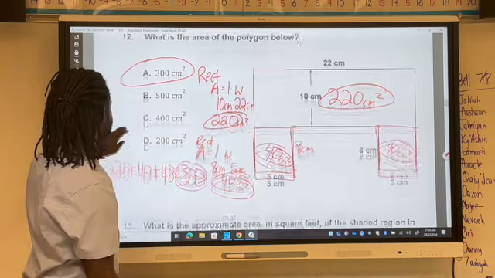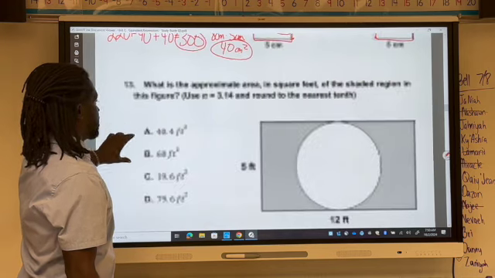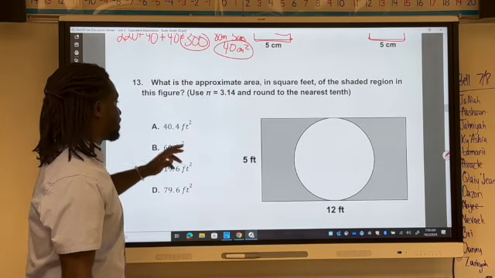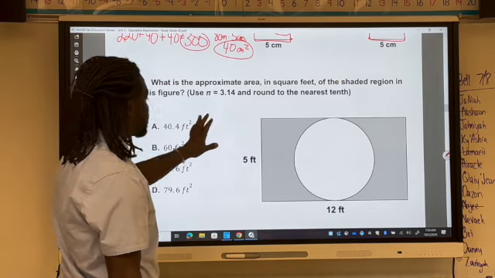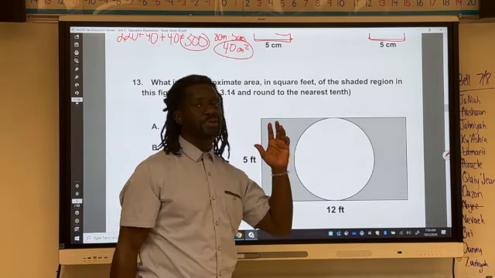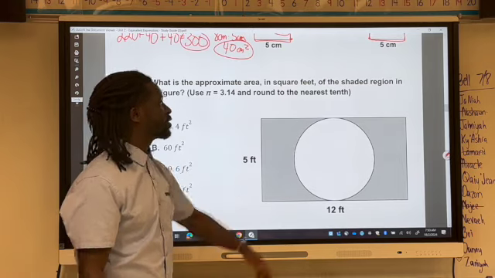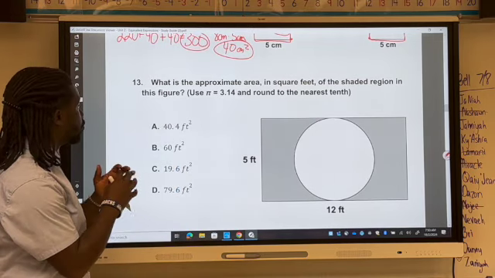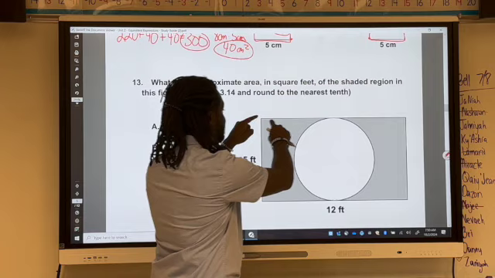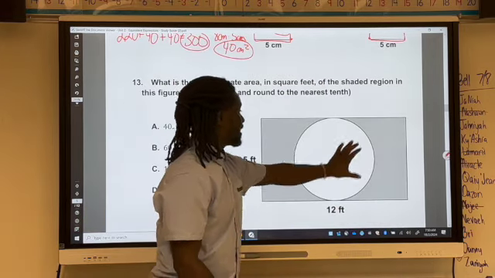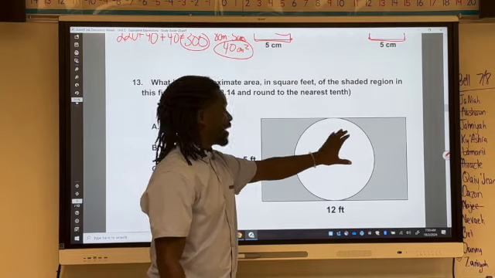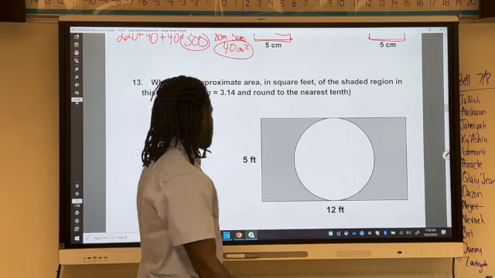All right. This is the one I'm actually going to continue on. What's the approximate area? This one, we did not do problems that required a shaded region. But what I got to do here is I have to find the area of the whole thing. And then I got to find the area of the circle. And then I'm just going to subtract it. Okay? So,